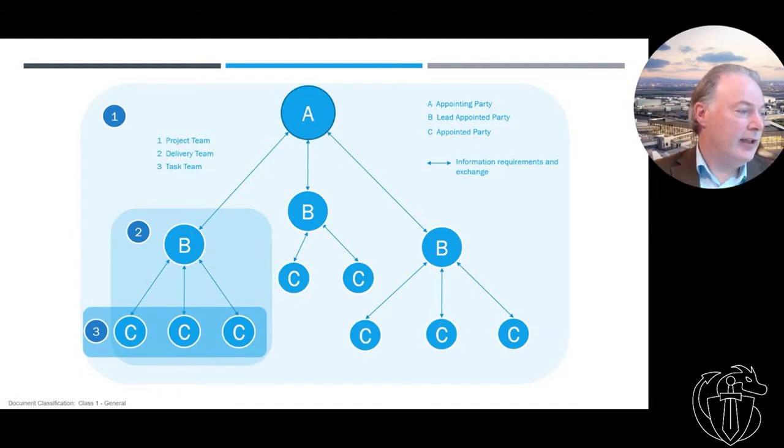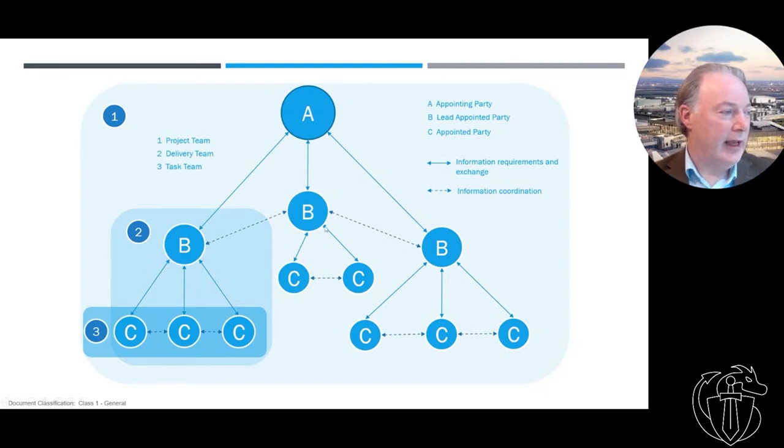Those arrows represent what are called information exchanges. There's a contractual obligation on everyone here to provide information to the next one up, to provide information to the client. That's all the contractual obligations. As we all know, we all engage in coordination with companies we don't have contractual relationships with, and that happens a lot. But ultimately, this route here is the actual route to fulfilling a contractual relationship and essentially getting paid.